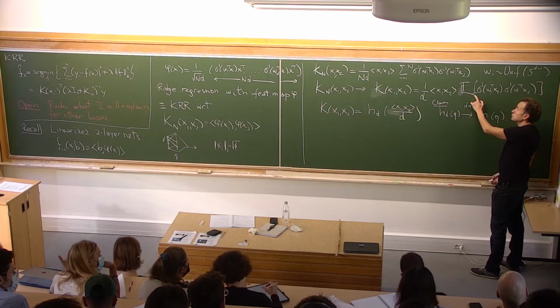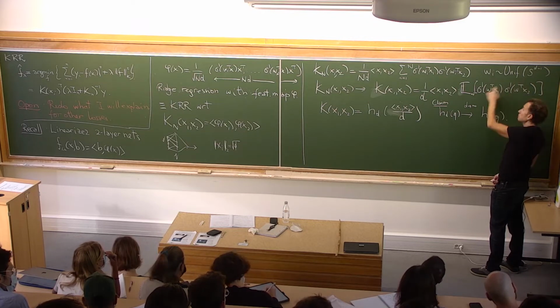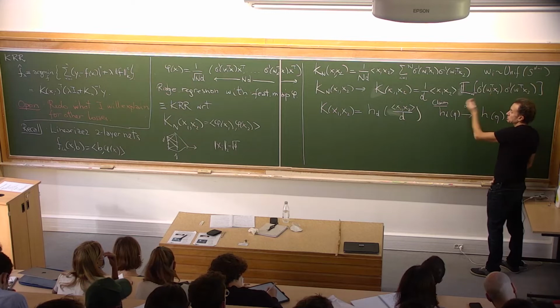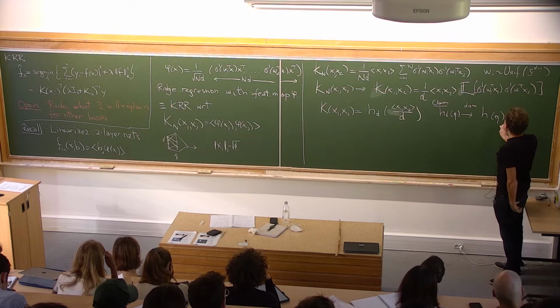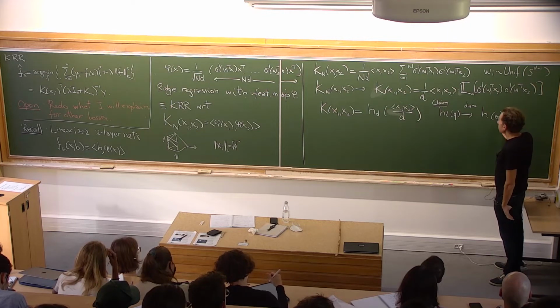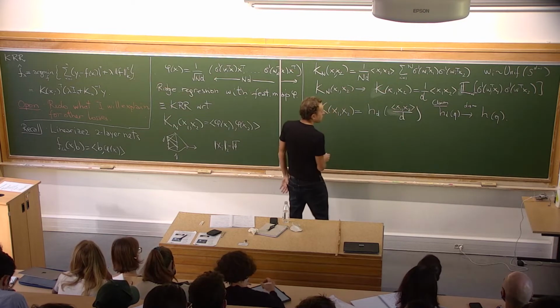This expectation is with respect to W being uniform in the sphere. So W is in the d-dimensional sphere. So this, in general, will be a function depending on the dimension, right? So why do I claim that this is roughly independent of the dimension? Well, because